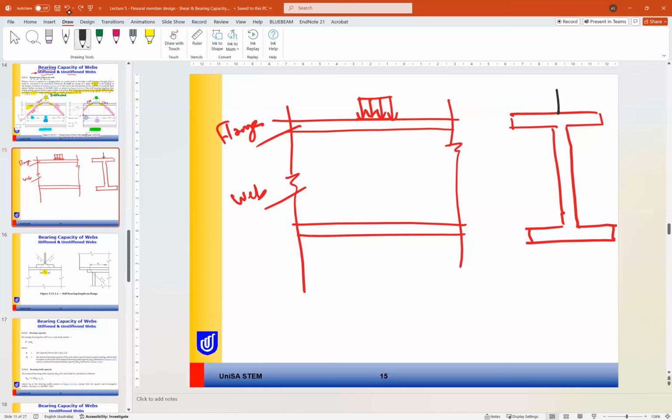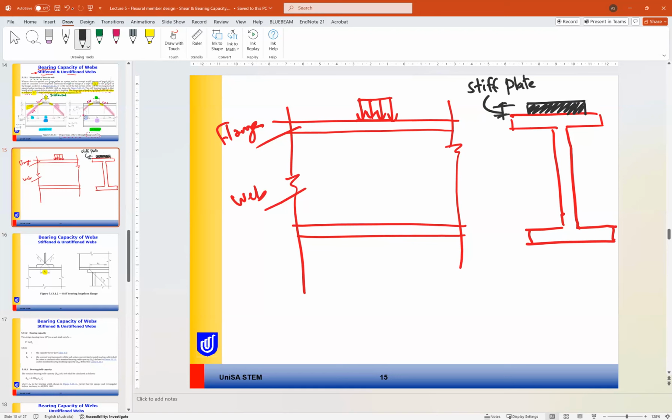You should have a bearing plate to distribute the load. So for example, we add a plate like that. This plate should be stiff enough so that it doesn't bend if we apply the load on top of it. So a stiff plate